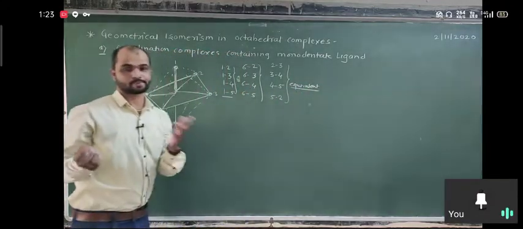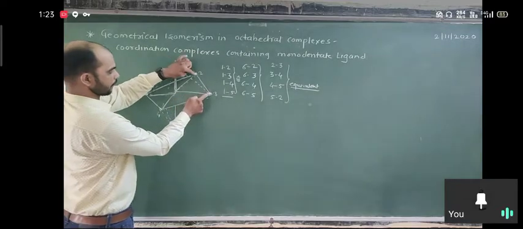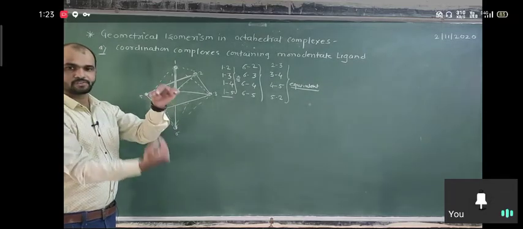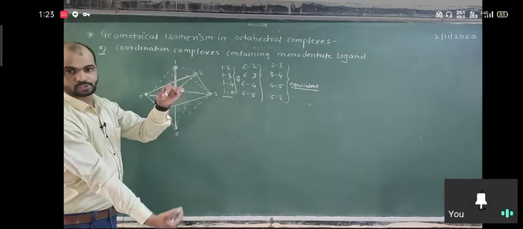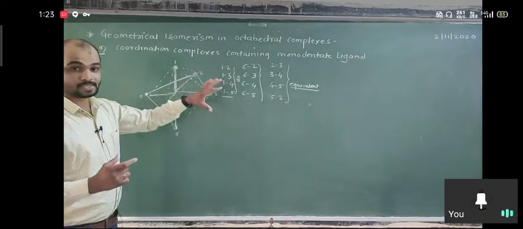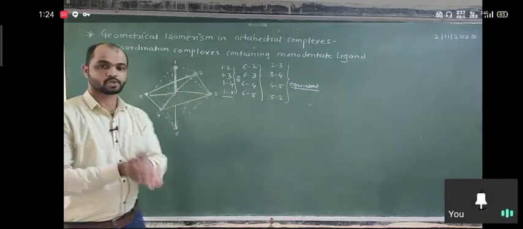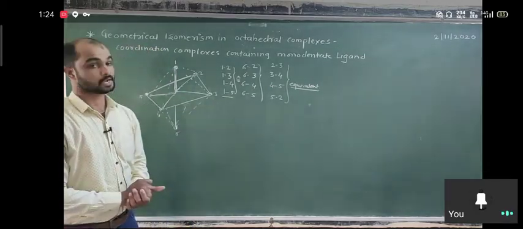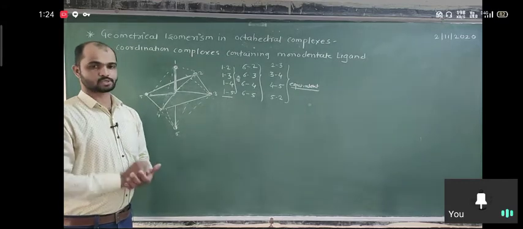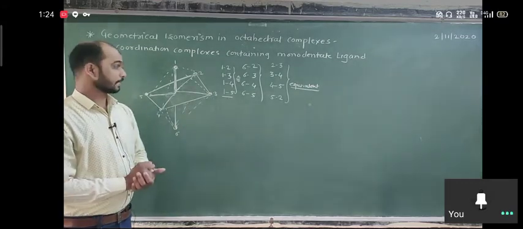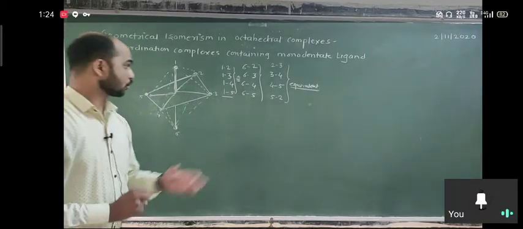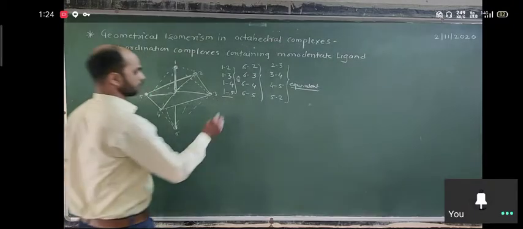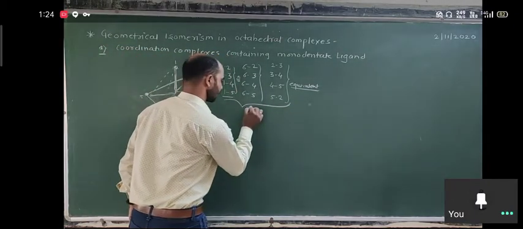Same conditions, same positions. So either two substituents are here or here or anywhere, because it is a square planar. One is above the axial, one is below the axial. So you need to understand which positions are cis to each other and which positions are trans to each other. Here the 1,2 possible positions are cis to each other, meaning if two similar groups lie at these positions, then they are cis to each other. Similarly, all positions are cis positions.